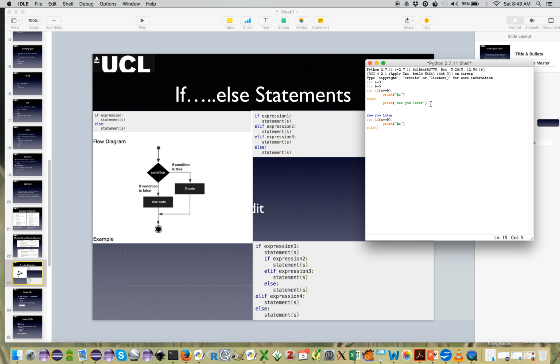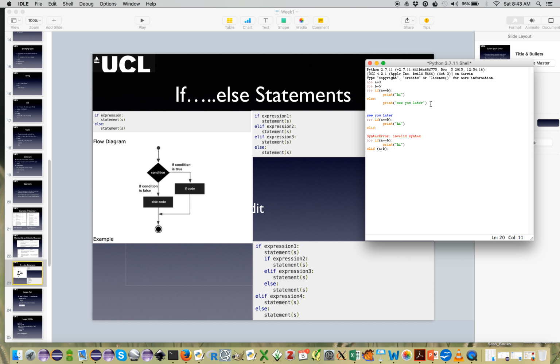Oh, I didn't actually do it properly. A equals B, print hi, and then elif, and then I have to give it another condition. So if A is greater than B, for instance,